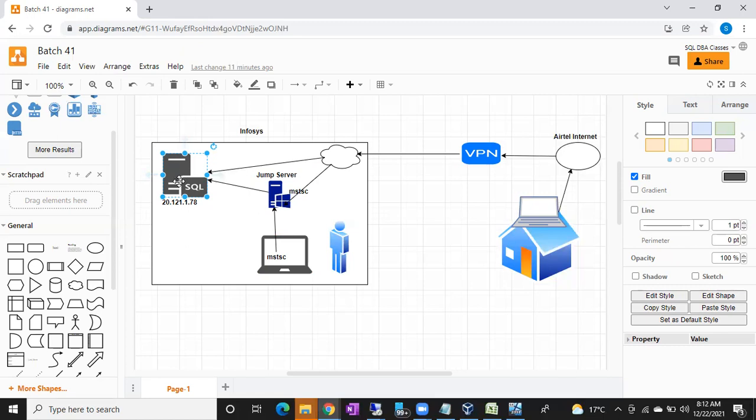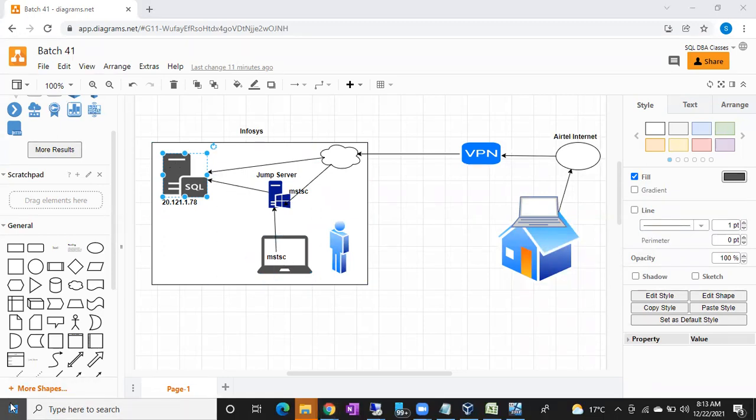Again, people will call me today and ask, sir, I'm unable to connect to the server remotely. What are you doing? They simply log into the server and type MSTSC. No, guys, from here to here you have to connect. How can we connect? By using the MSTSC tool. It's a small tool. Where do you have to type MSTSC? In your laptop. Once you get the MSTSC screen, you have to enter this server IP address. Logging into the server and typing MSTSC to connect to the same server remotely will give you an error. So don't do that. Type MSTSC in your laptop.